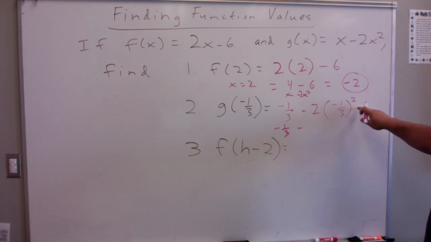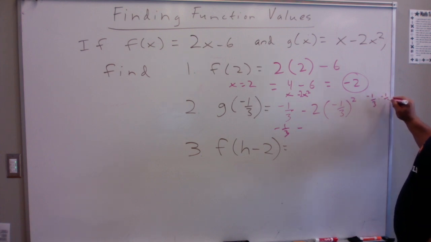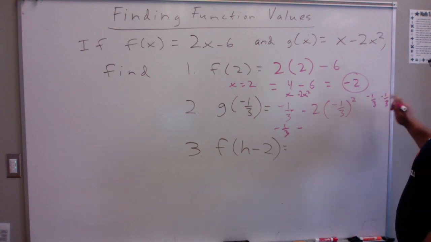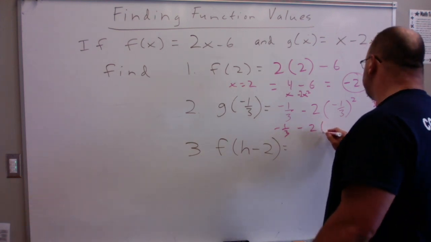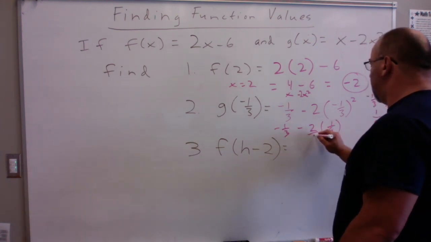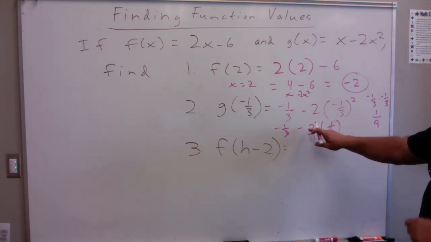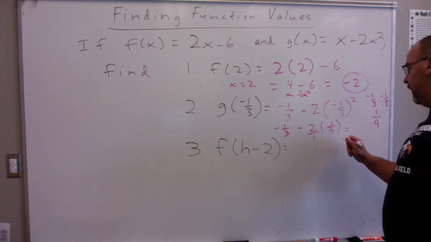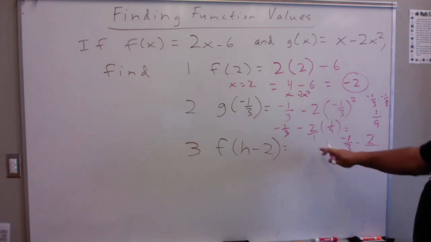I'm going to do the exponents first. Negative 1/3 to the second power is negative 1/3 times negative 1/3. A negative times a negative is a positive. 1 times 1 is 1. 3 times 3 is 9. So this is 2 times 1/9. Now we kind of know how to multiply this out. 2 times 1, 1 times 9. 2 times 1 is 2, so it's equal to a negative 1/3 minus 2 all over 1 times 9,